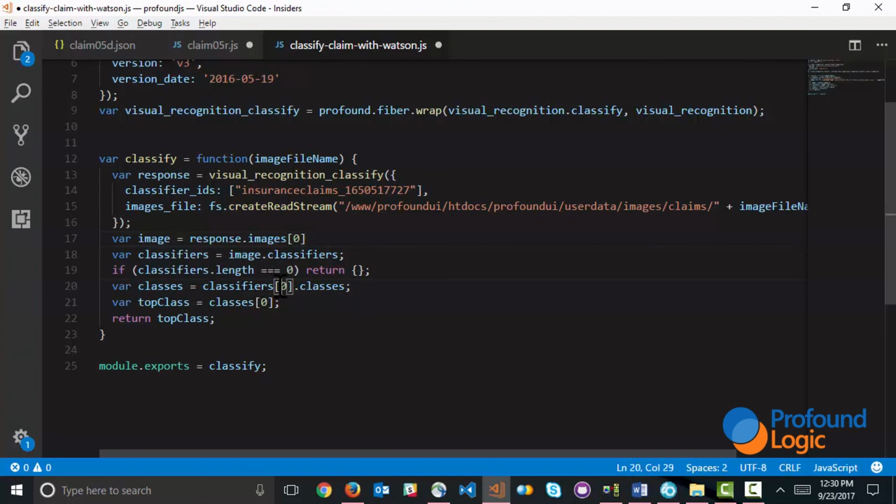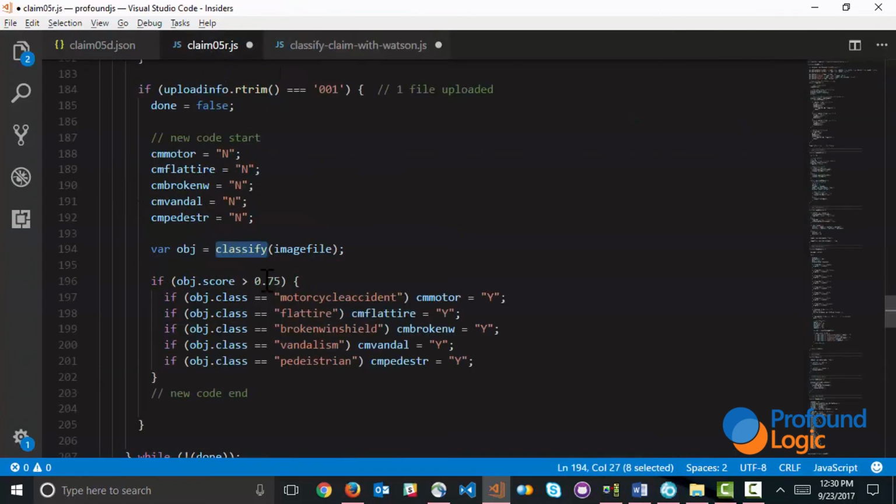That's the classifier with the index of 0, and we're looking then at the top class of that, and then we're returning that, and that has the score, and that has the class. Basically it comes back into here, and we can then interrogate the score and the class. So that's how this application was accomplished. And as you can see, relatively speaking, it's not a lot of work to implement Watson visual recognition within your applications.